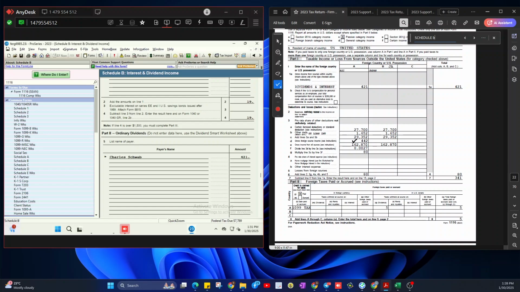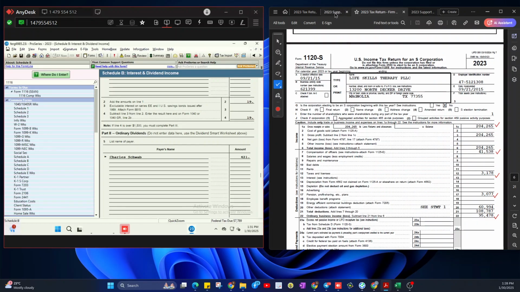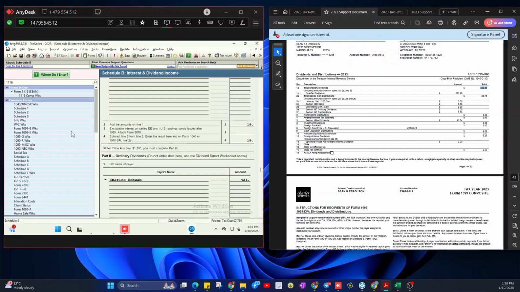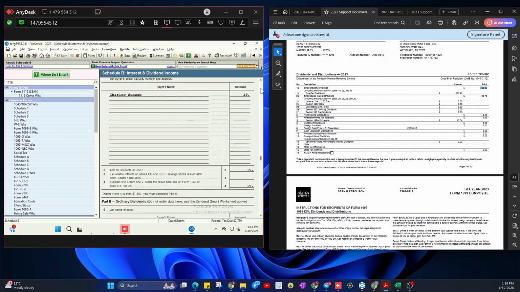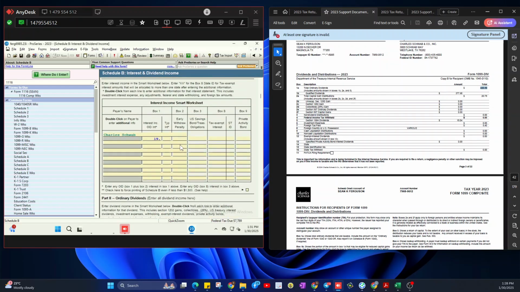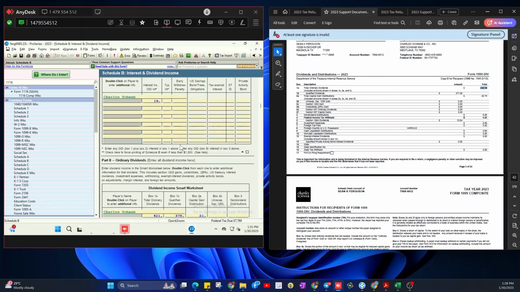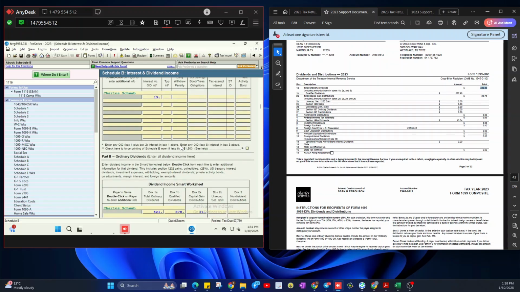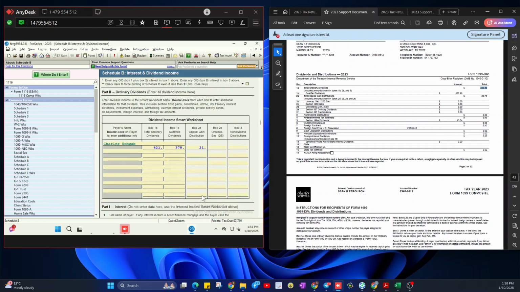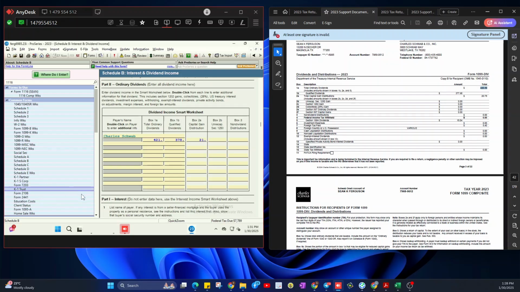This is correct. Gross. As you can see, it's 0. 442. Gross capital contribution. So what happened to this one? Gross 19. Here, the total capital gain distribution, the 21. It wasn't picked up. So if we go to Schedule B,